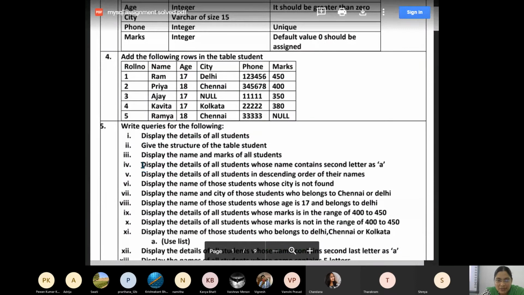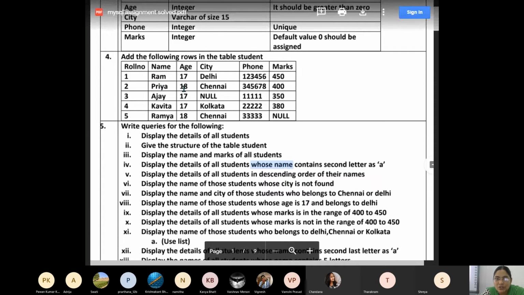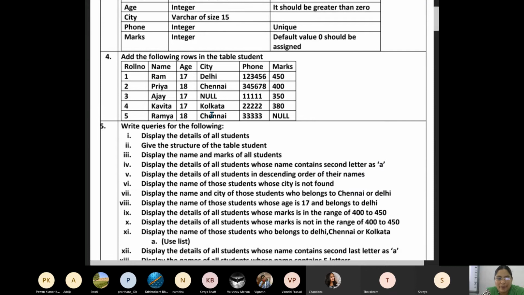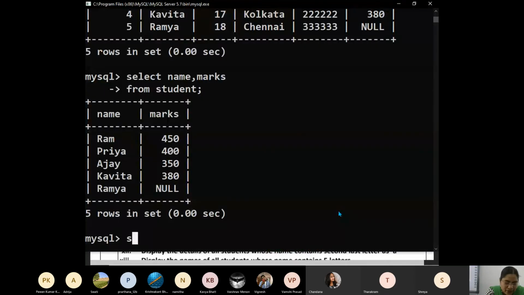Okay, so now let me ask you, Tejas, display the details of all students, but there is a restriction. What is the restriction? All students, but there is a restriction on the rows. Name should have letter A. So Ram, Priya, Ajay, Kavita, Ramya, everybody should come. But in the query, what should I write?